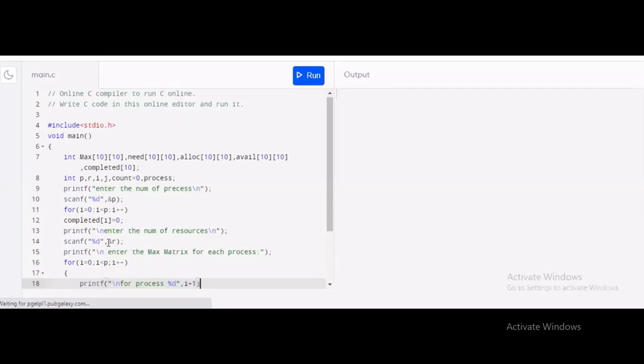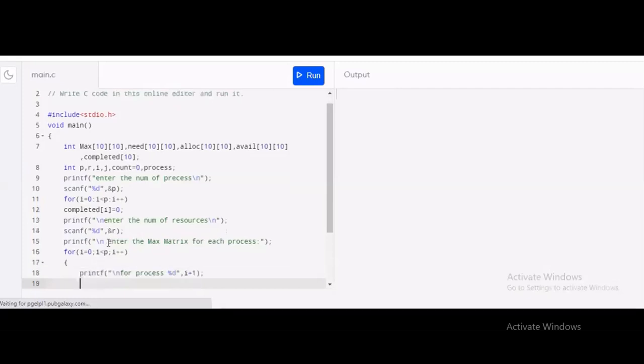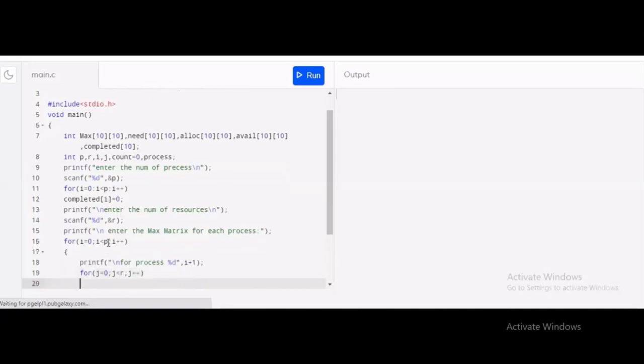Here, to print this in a tabular form, each process associated with the maximum number of resources should be seen in a tabular format. So for this, we will use another for loop with another variable which is j. So I'm using for j is equal to 0, j is less than r, and j plus plus.